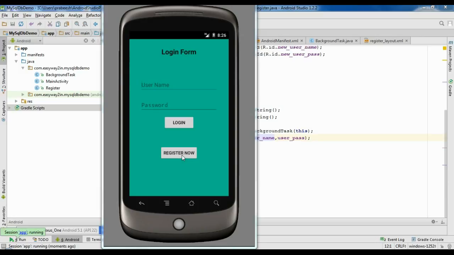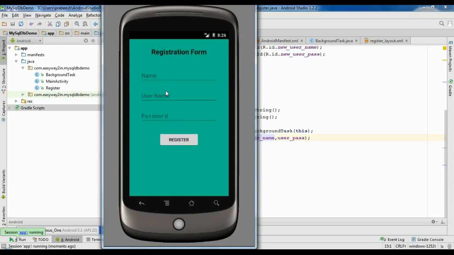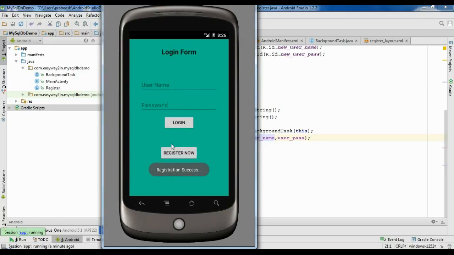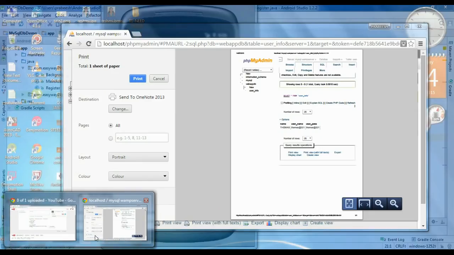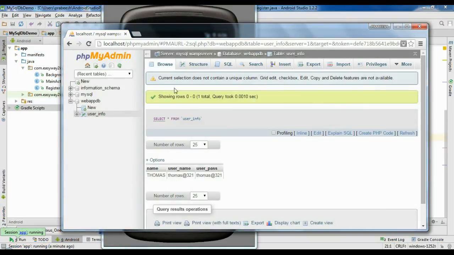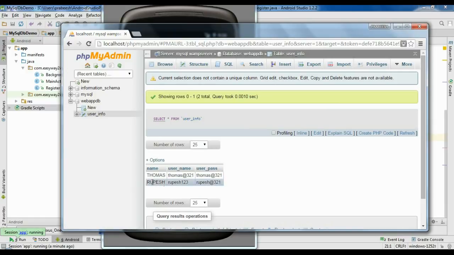Okay, now click the register now button. Put a name Rupesh and put a username Rupesh123 and put a password Rupesh@321. Okay, and click register. Now the registration process is success. We can check the database. Refresh the database. Refresh it. Yeah, now it's fine. Name Rupesh and username Rupesh123 and password